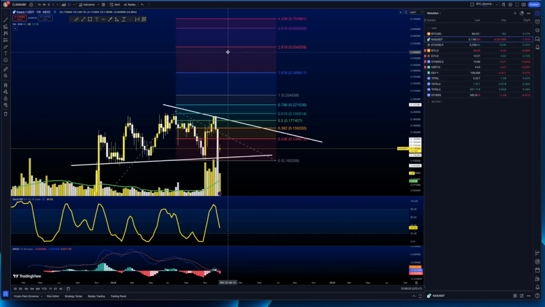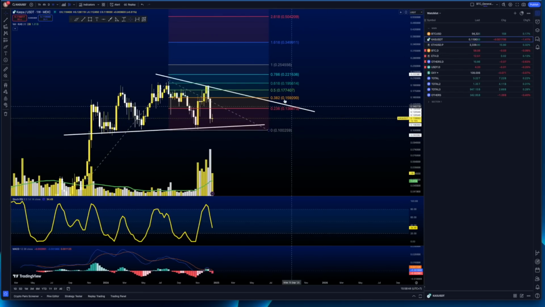However, taking profits at, let's say, 32 cents, 46 cents will be a good idea, although it's not financial advice. And why do I always do it below? Well, because everybody is trying to sell Kaspa or whatever asset at these even numbers and these very obvious extension numbers, right? So that's that, right?